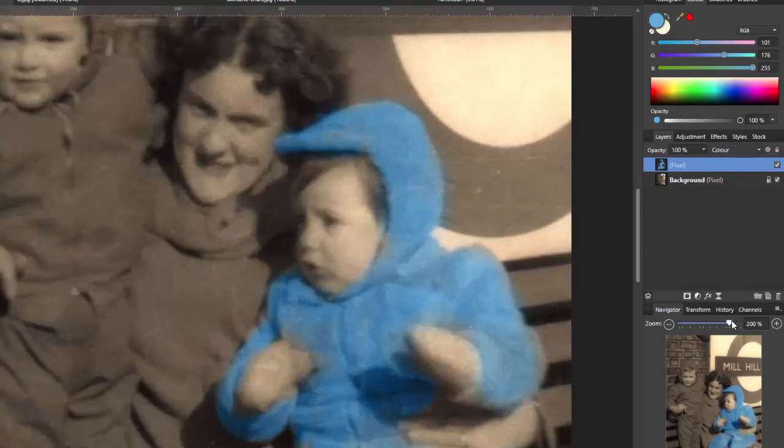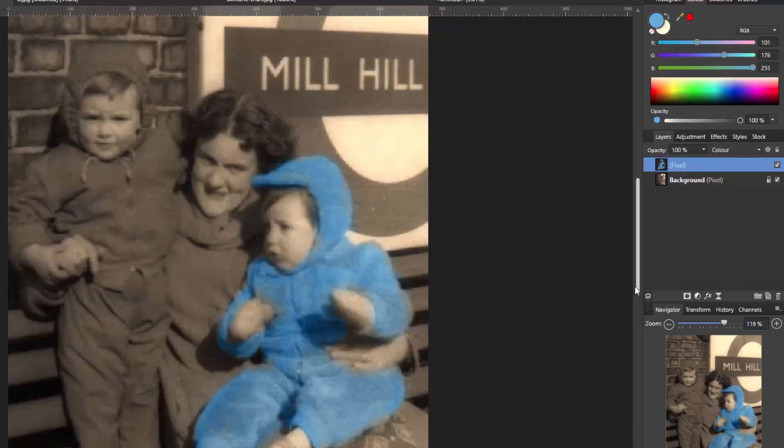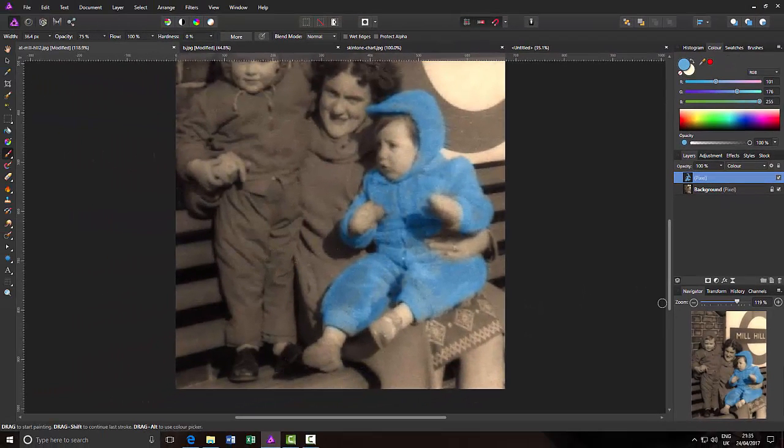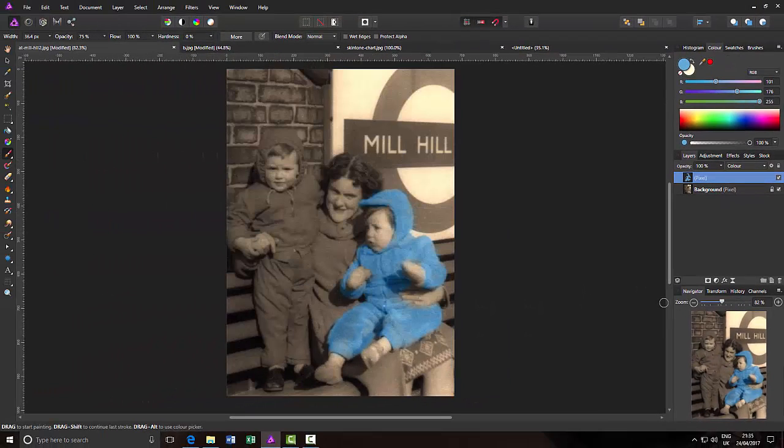I'm just going to have a quick zoom in a bit and just see if there's any bits I may have missed, and just go over that. But again, I'm not being too fussy because I'm doing this more for speed. Right, I'll press Ctrl and 0 to come out again. So that is one way of doing